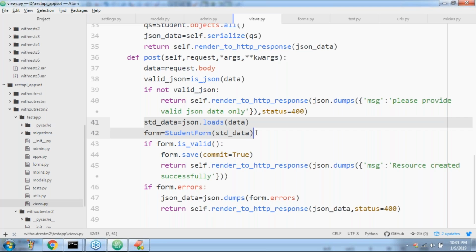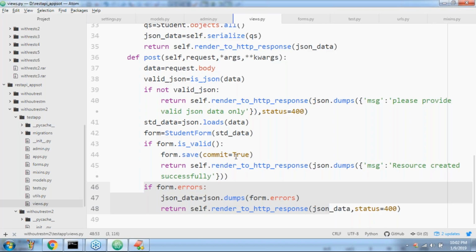Then, if the form validation succeeds, save and provide a 200 status code response saying resource created successfully. If any errors are there, then send JSON data with that error information. That's it. Post is ready.